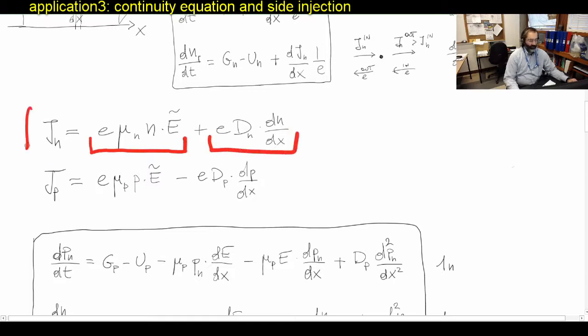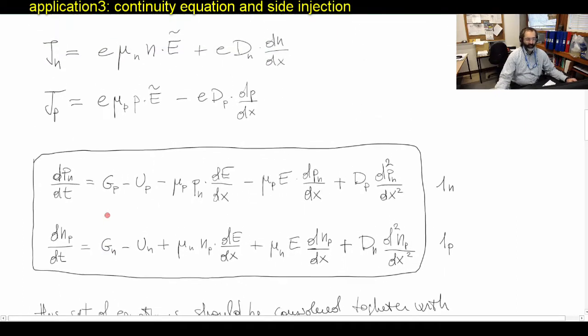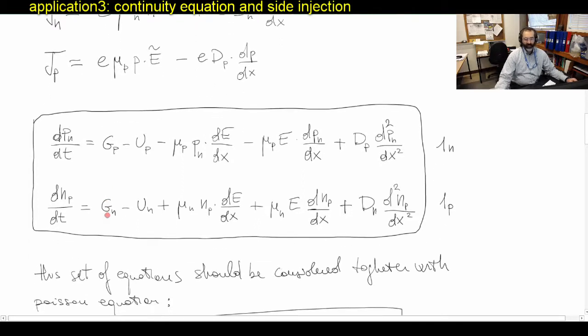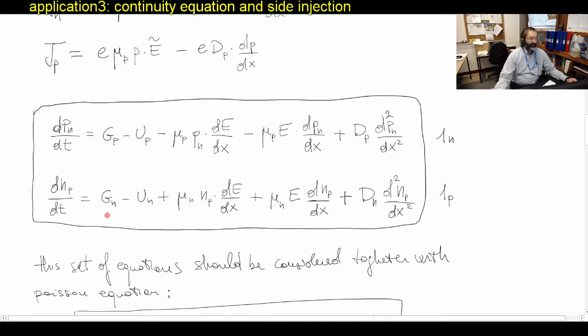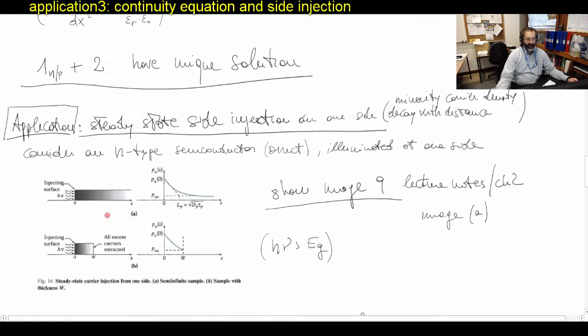And for the two types of carriers, the two equations are these. So if you put this expression of J into the continuity equations, then they take this form here. And so this is really the most general expression of the continuity equations. And so we can now think of a nice application here